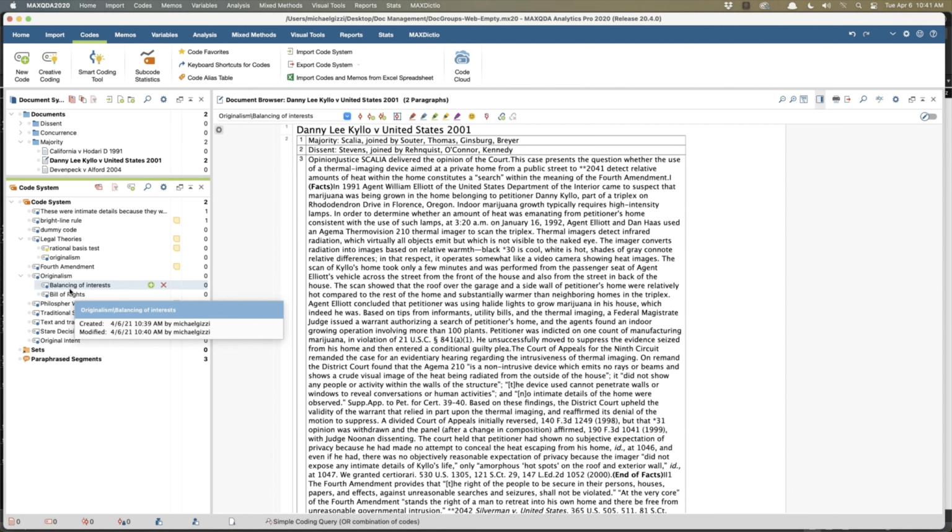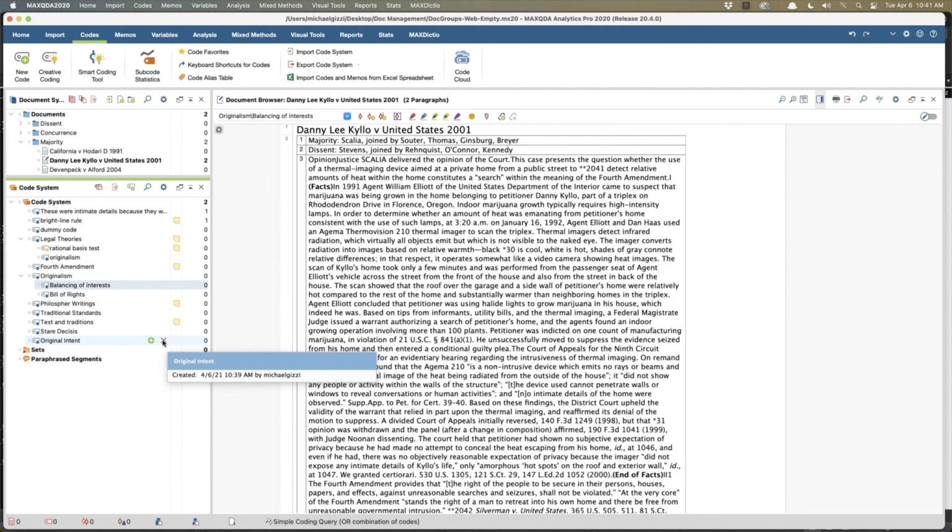Say I wasn't paying attention and I had a whole bunch of these organized, but I had the slashes in the wrong direction. After I imported it, I saw I didn't like it. I would literally just delete it. Delete the code, like this. It's gone.